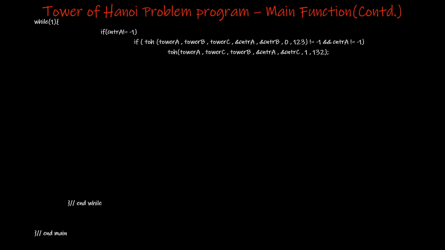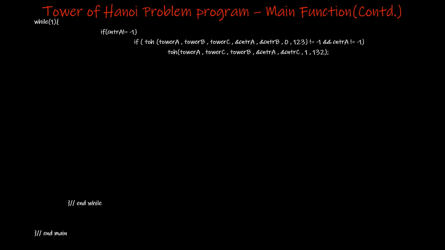Okay, but for that reason, the previous transfer has to be successfully done. If the previous transfer is not done, then in that case we cannot move the disk below the disk under consideration in the previous transfer. That is the first thing. And second thing is that the source tower should not be empty. Only if it is not empty, only then we transfer the disk. And that is why these two conditions. If these two conditions are true, we are allowed to transfer one more disk from the same source tower.